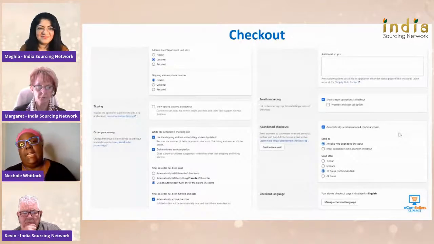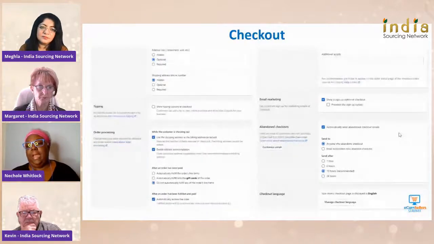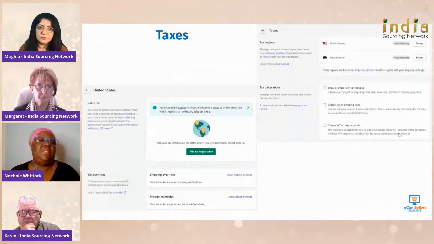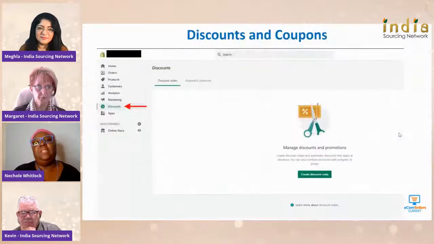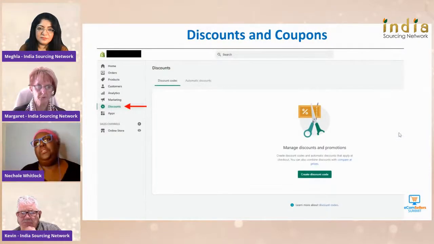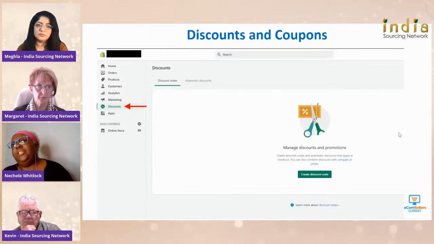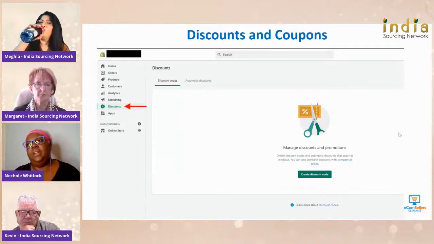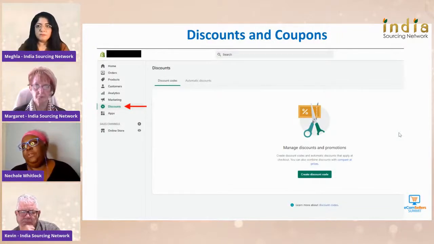So what they will see and what you can do with them after they've come to your store. And taxes, again, based on where you are. So I'm in the US, so taxes are different for me than it would be for you, but setting up all your taxes. And then if you want to offer discounts, maybe there's some promotions you want to do for your products. So if they buy 2 or 3, maybe you do, buy 3 and get 1 free, or buy 1, get 1 free, or